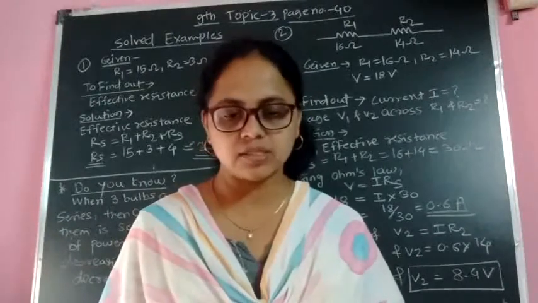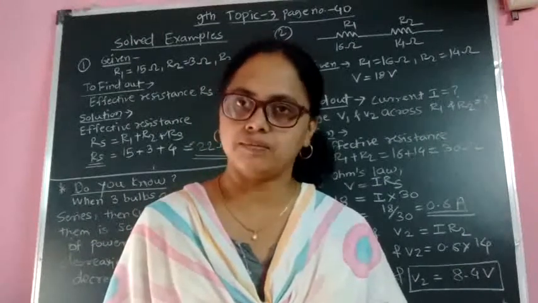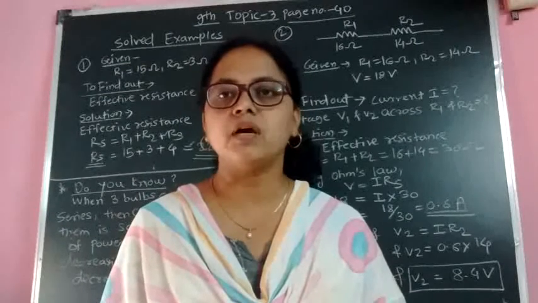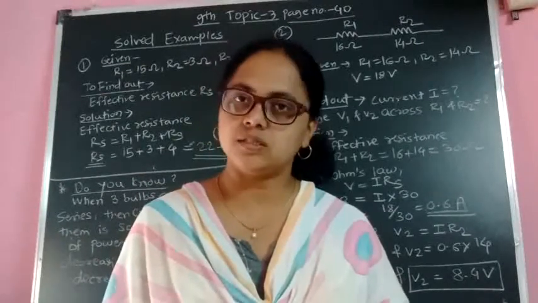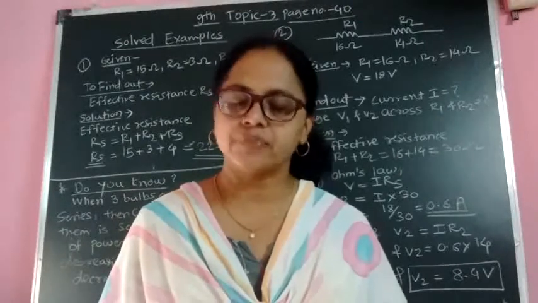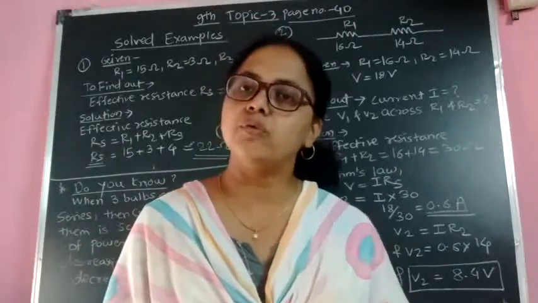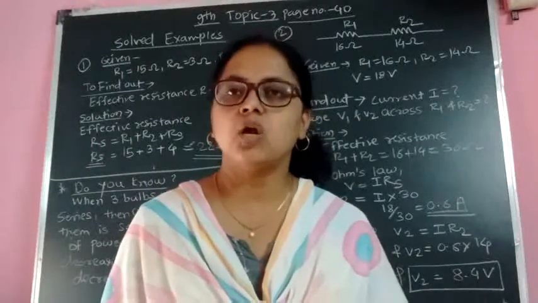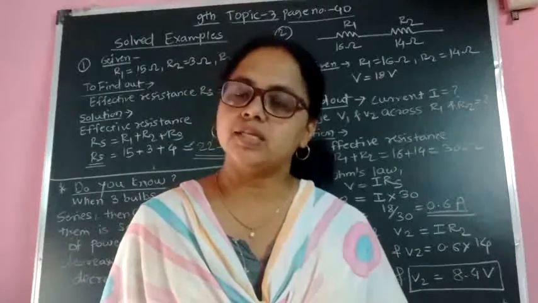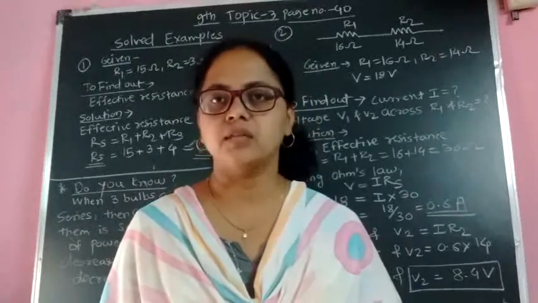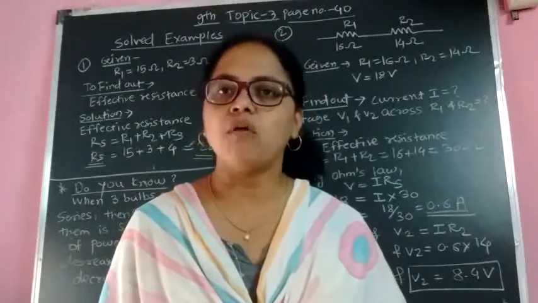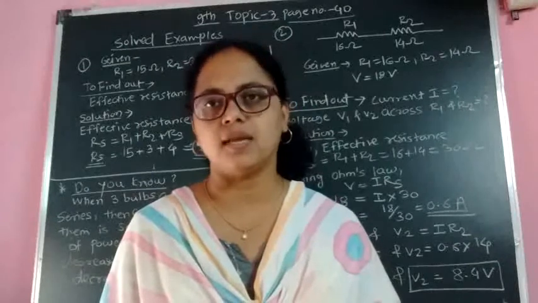First point is, the same current flows through each resistor. That is, when we connect all resistances in series, the same current will flow through all resistors. Now second point, the effective resistance of a resistor is equal to the sum of their individual resistances. That is, total resistance is called effective resistance. So when resistors are connected in series, the effective resistance of the whole circuit is equal to the sum of all resistances which are connected in series.